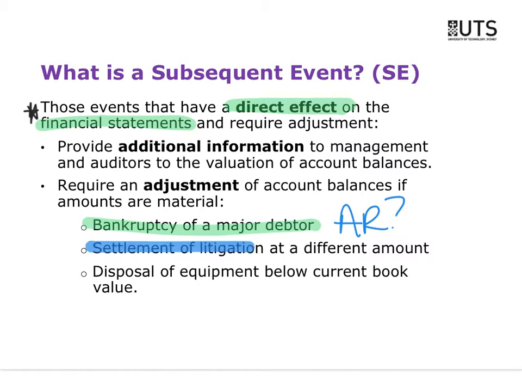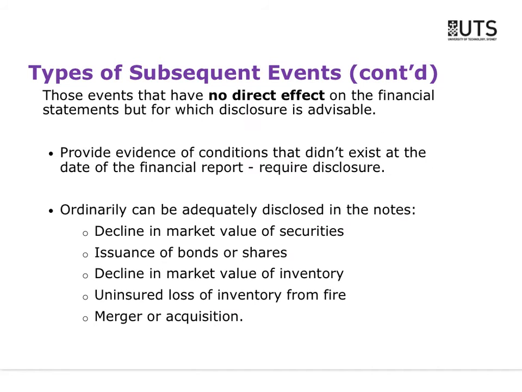We might settle a lawsuit, and then we need to adjust our liability for payment of that lawsuit, or if we sell equipment. So there are direct effect subsequent events, and there are ones that have no direct effect, but where we disclose, where we say, look, don't change anything in the numbers, but make additional disclosures. Like, the most common one,